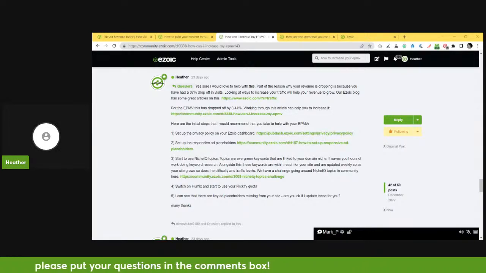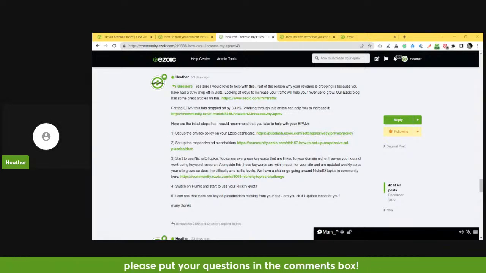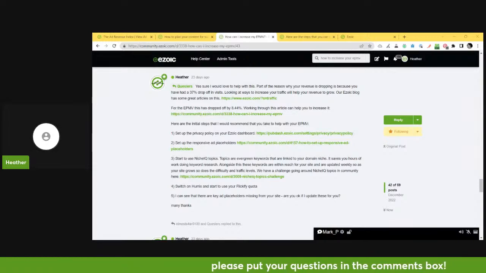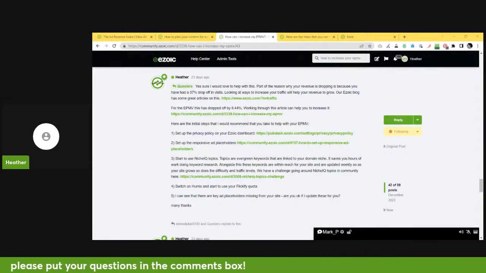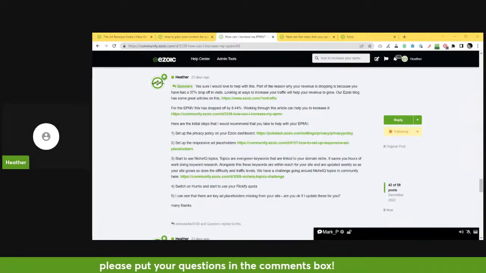In terms of using Ezoic without Google AdSense, you don't have to have a Google AdSense account to work with Ezoic. You do need to have a Google Ad Manager account, and you need to be in good standing with Google to be able to work with Ezoic. Ezoic is a Google business partner, and we follow and abide by their rules. In terms of wanting to use Ezoic without AdSense, if you can tell me more about your concerns about that, I'd be happy to answer those for you.